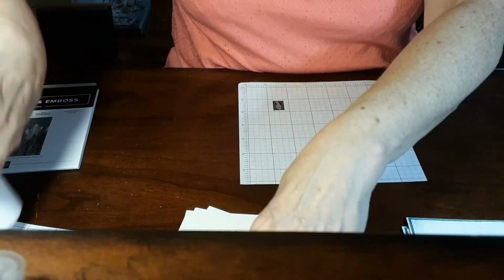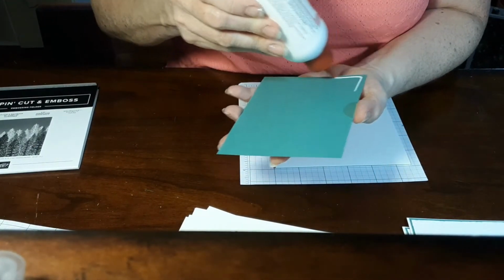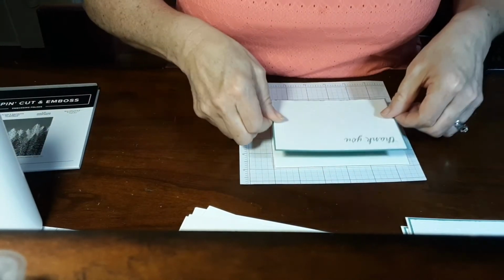I'm not going to put any bling on this, primarily because I'm doing this for the inn. So I just make their thank you cards. With this boutique,